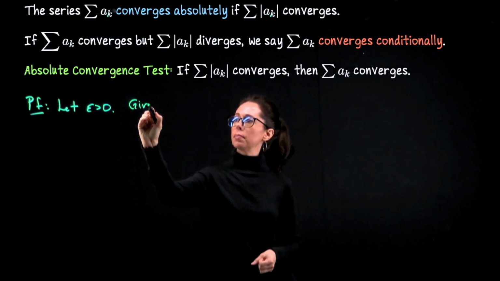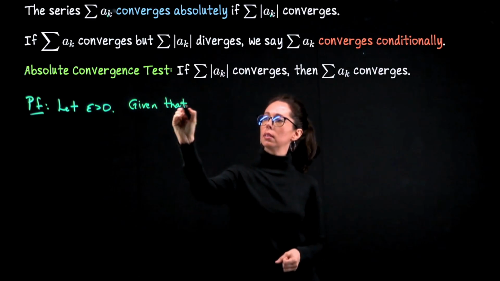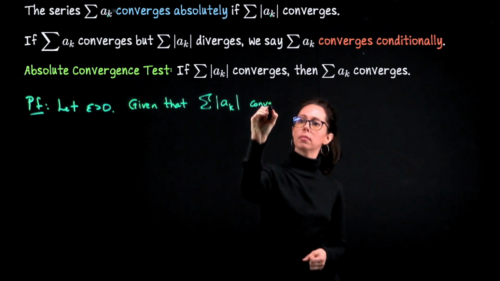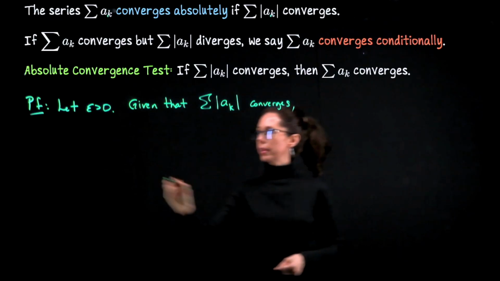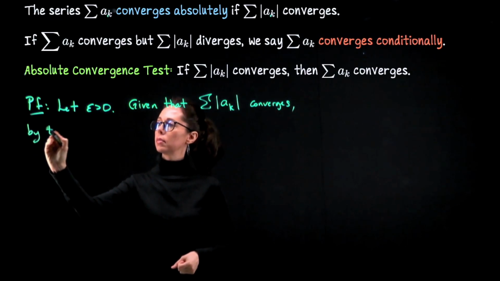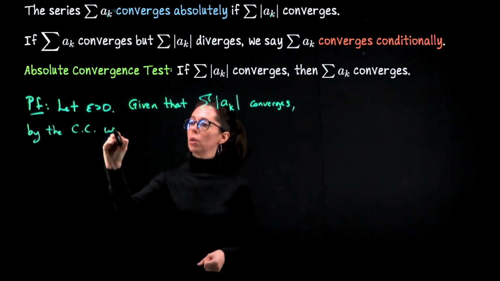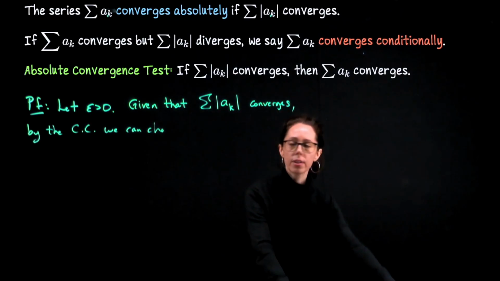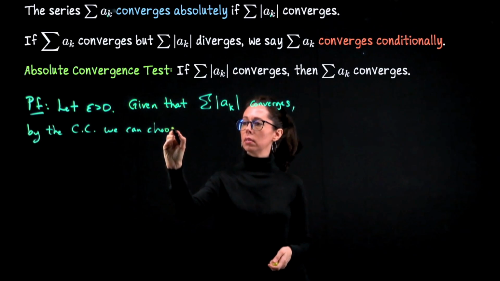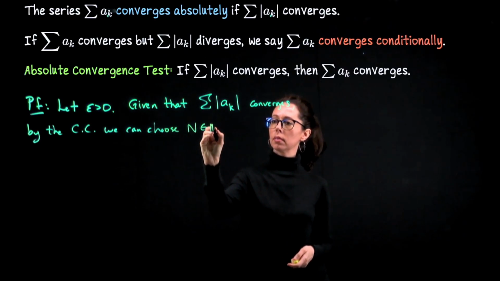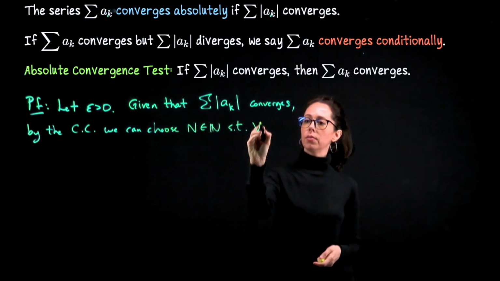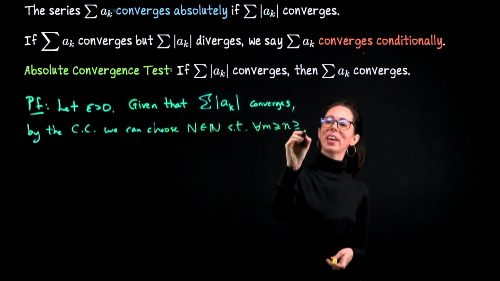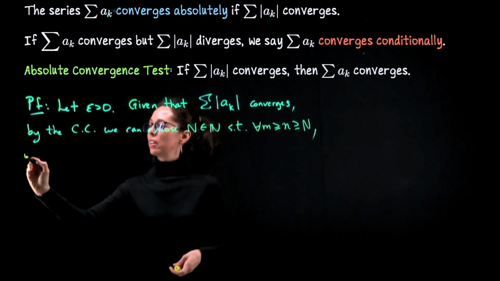Given that this series converges by the Cauchy criterion, we can choose a threshold index capital N so that for all little m greater than or equal to n greater than or equal to capital N, we have